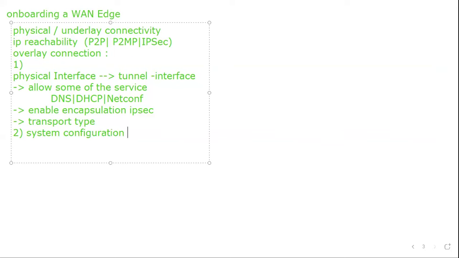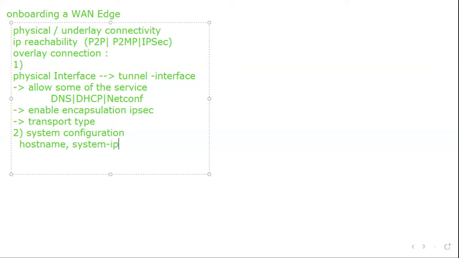This is related to the vEdge device, such as the hostname and IP address. The IP address will be on the physical interface. But here also we will configure an IP, which we call the system IP.